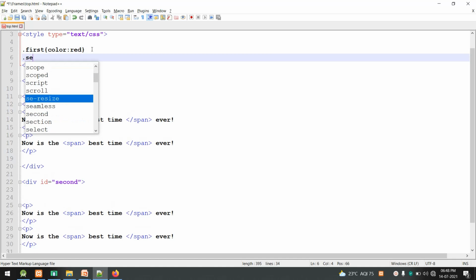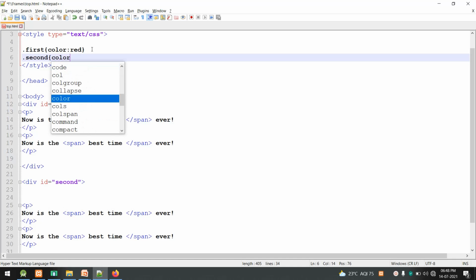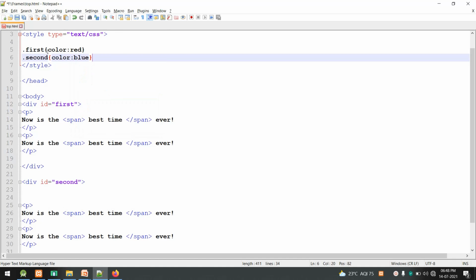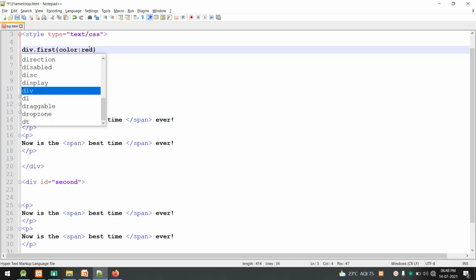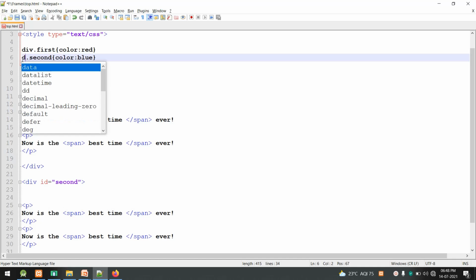Then class second, the color as blue. And if you want these classes to be specifically used with division, you can add the tag division also, division dot first and division dot second.